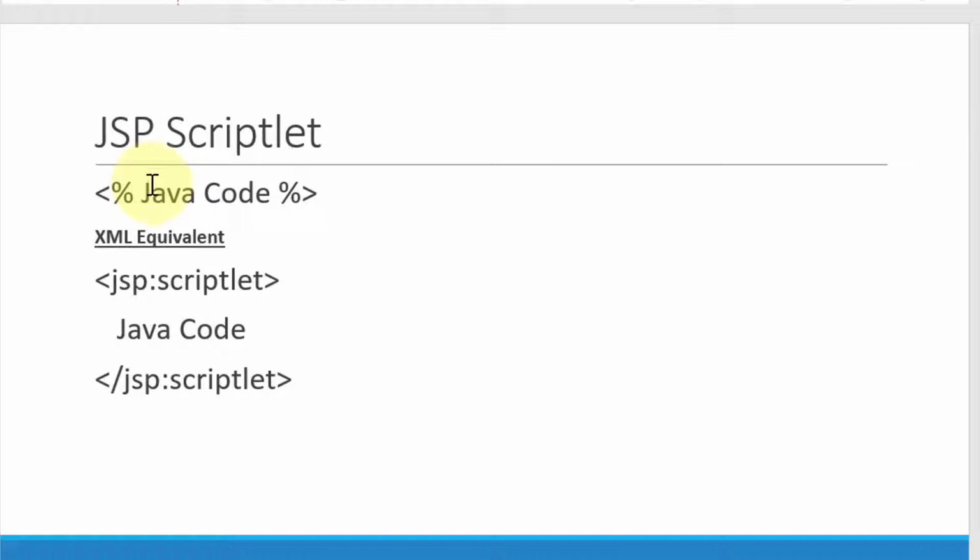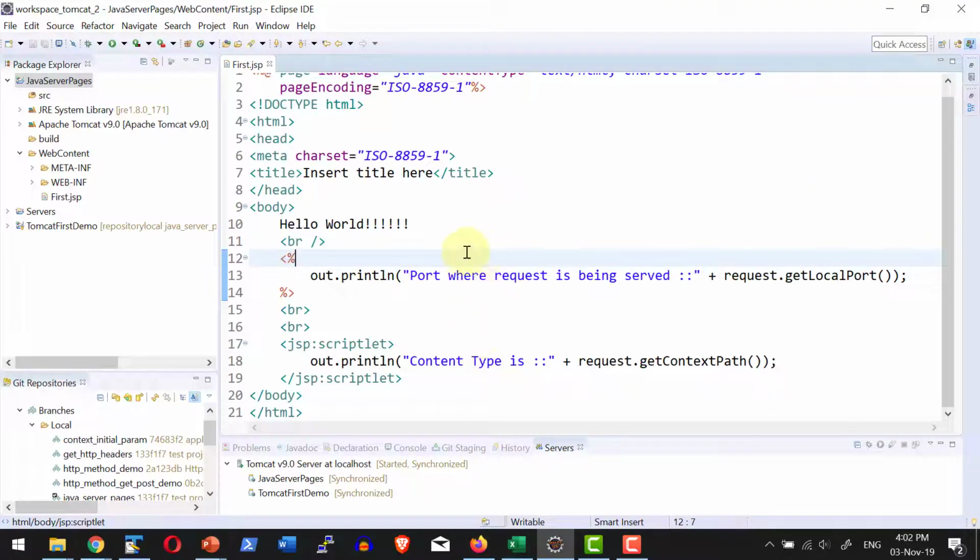So this is how I'm going to have a scriptlet. It starts with less than percentage and ends with percentage greater than symbol, or I can use the XML equivalent of it, where it will have jsp:scriptlet. And here I do have the implicit object out, and I'm using the println method of out. Out is a JspWriter, very similar to the PrintWriter that we had within the servlet, and I'm using